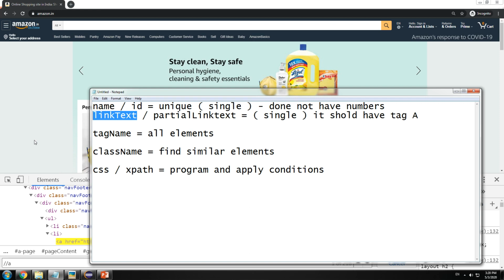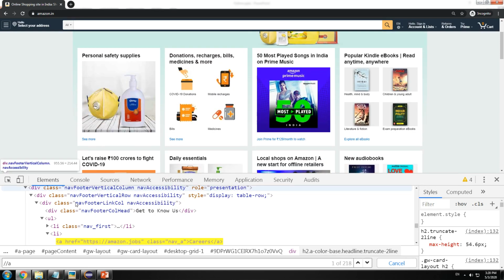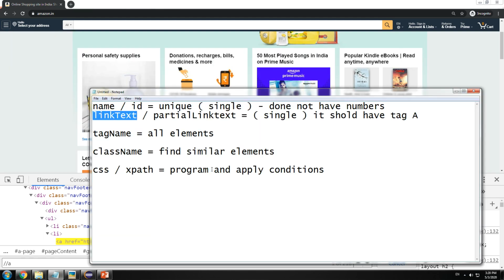In this case, you would have to find an element, and within that element I have a different element, and there are 6 elements within it. I want to click on the first element, stuff like that. You have to build not a program, you can say a logic. So when logic comes into play, and you do not have the above parameters unique, you would go for XPath or you would go for CSS.